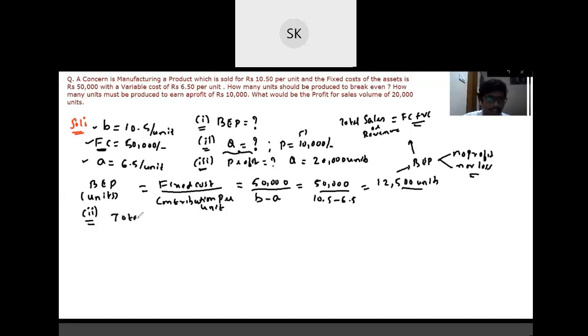So how can you find the sales? Selling price per unit into production units. It is said in the question that the actual production quantity is 60,000, so what will be the contribution? So we know contribution has a formula of sales minus